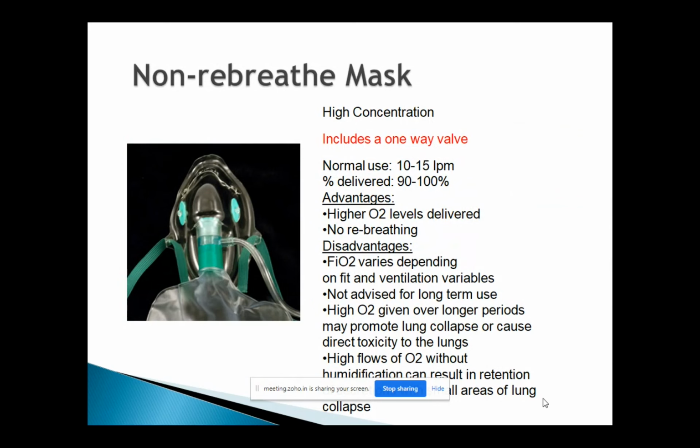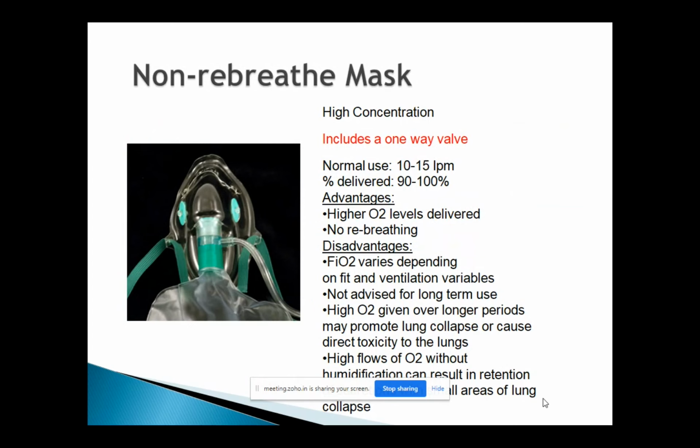So the advantage is every time patients breathe in, the oxygen comes from the bag. When they breathe out, the valves on both sides open up and allow the carbon dioxide, the patient's exhaled air, to go out. When they breathe in, the valve shuts back down again, and then the oxygen flows again from the bag. So there is very, very minimal chance that patients will breathe in what they breathe out.